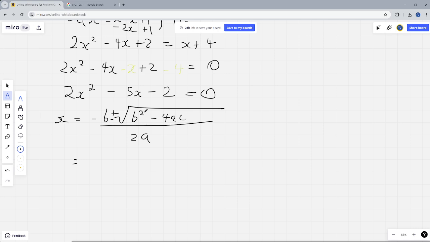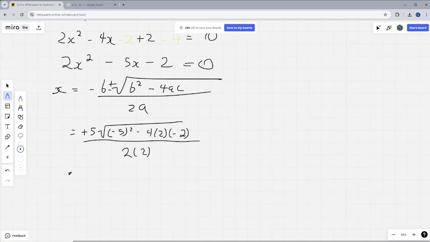Let's fill it out. So b value, negative 5. We're going to make it positive 5 because it has to be negative, right? And then b squared will have negative 5 squared, minus 4 times 2, which is our a value, times c, which is negative 2, and divide the whole thing by 2 times 2. Alright,